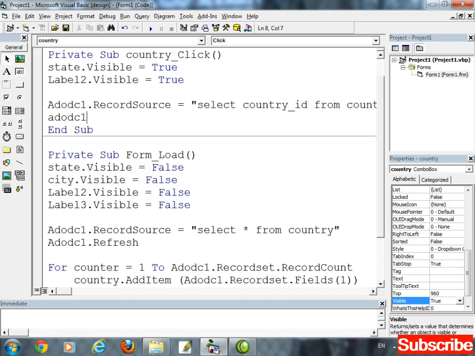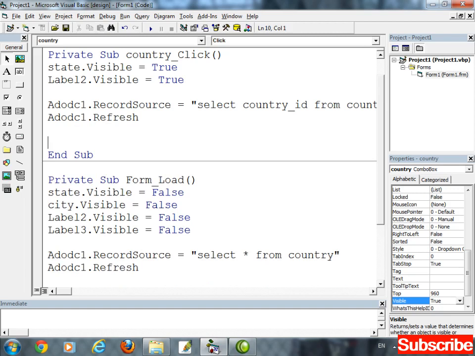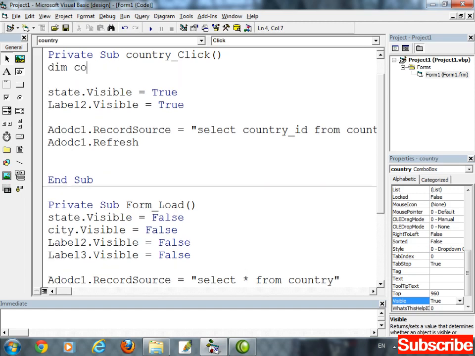Now refresh the record source. Next, we have to store the country ID in a variable. So just declare a variable right here, locally: dim country underscore ID as integer. In this country ID variable, we will store the country ID from the database.